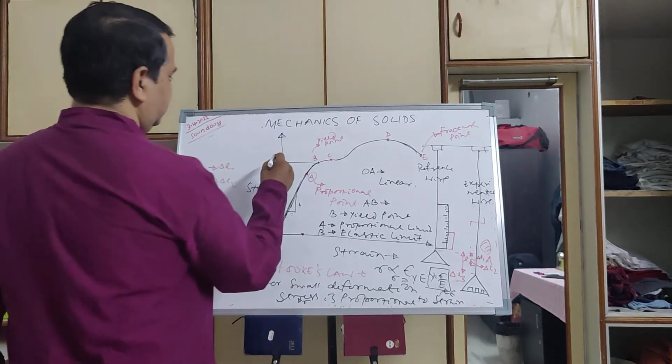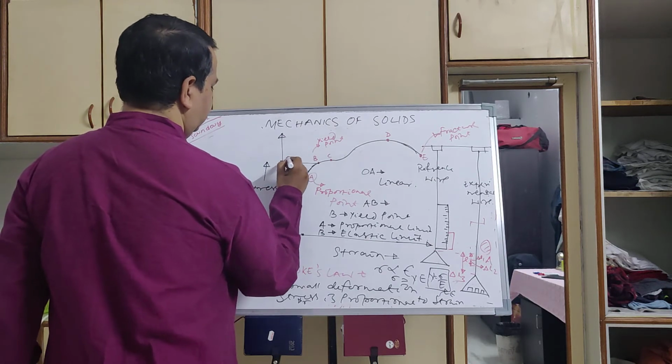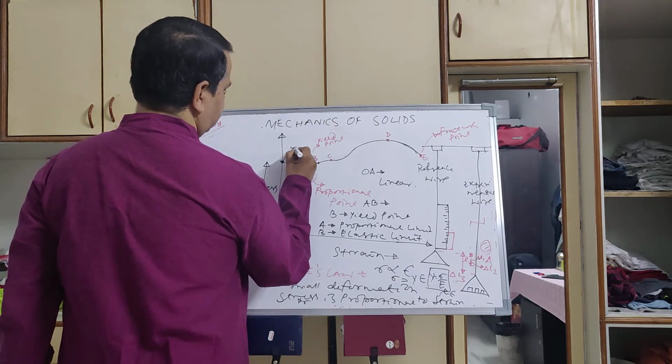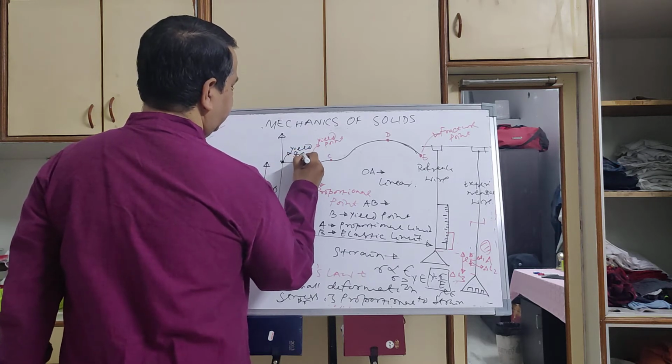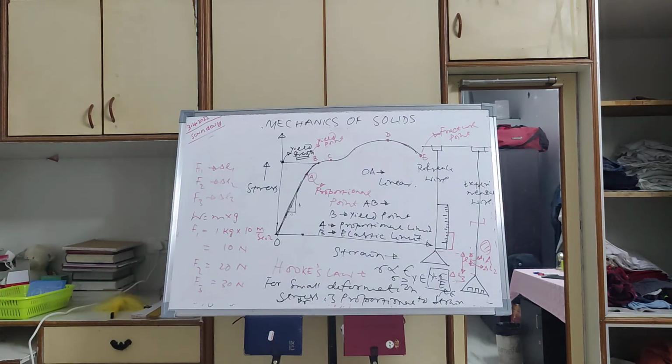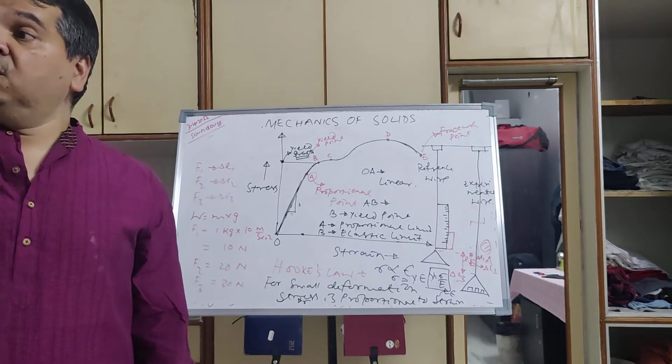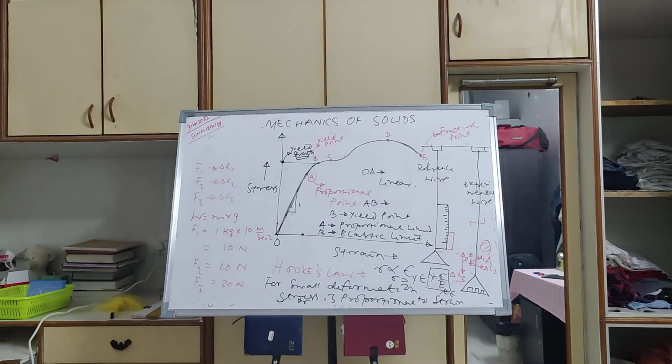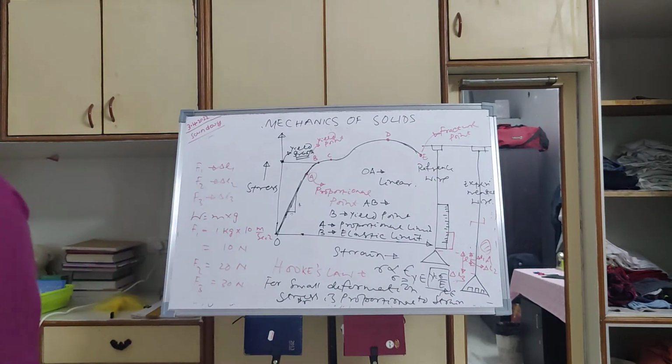This is very important. So this point on the y-axis is called yield strength. The yield strength of a material is very, very important in any structural design. You should know the yield strength of the material, because you don't want your structure to yield. If it is yielding, that means there is a permanent set in the structure, it's a problem. Suppose you are operating somewhere, your length has increased, it will go and hit the adjoining component. So you don't want that to happen. You want to operate in a load regime where it will come back to the original position.